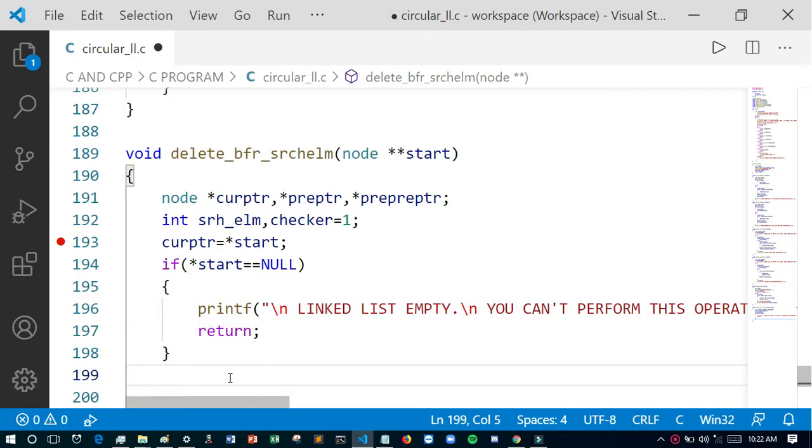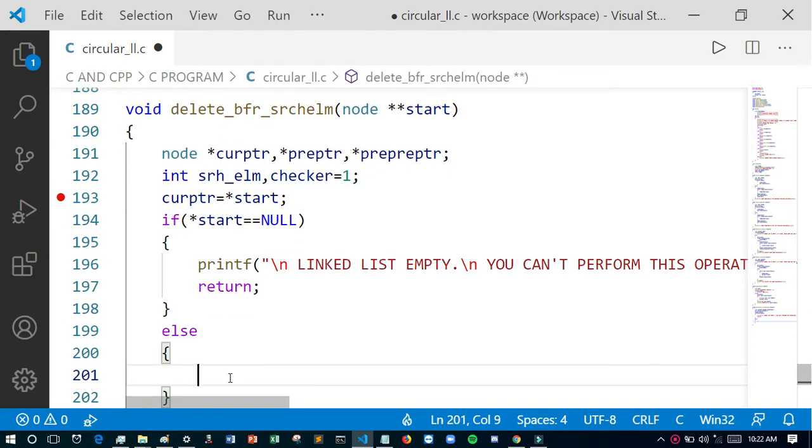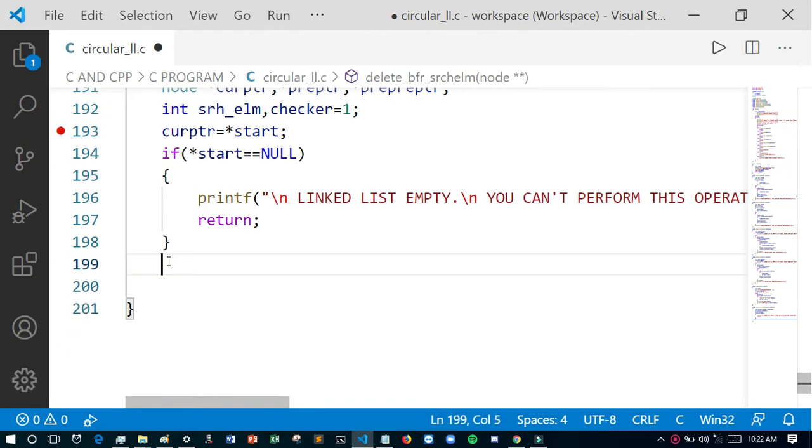Else if a node is present, we will check if only one node is present, then we can't delete it, because if we are searching the first node, delete before searching element means the first node's previous element has no element present, so it will show a message that it is not possible.